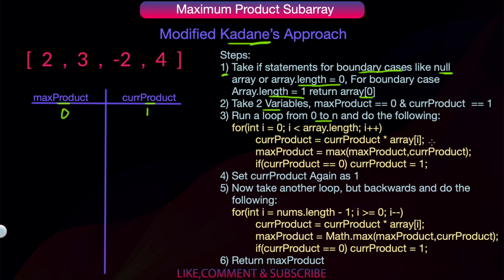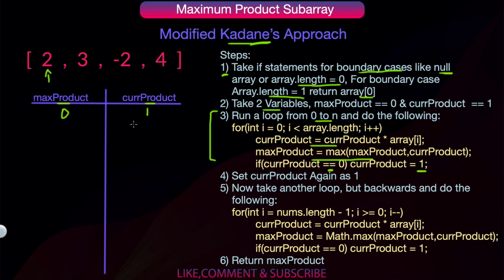Current product equal to current product into array[i], and max product equal to maximum of max product and current product. And if current product equal to 0, we will set current product equal to 1. So this is similar to Kadane's but a modified version. If you have not seen the Kadane's algorithm video, you can check in the description.